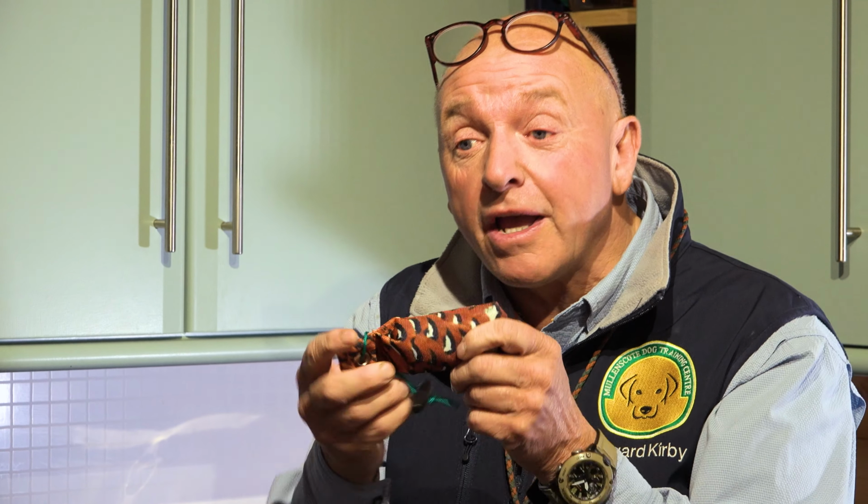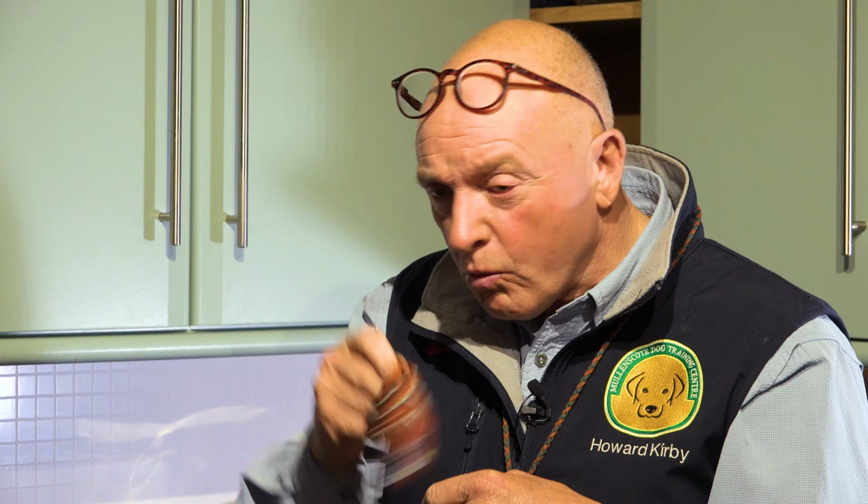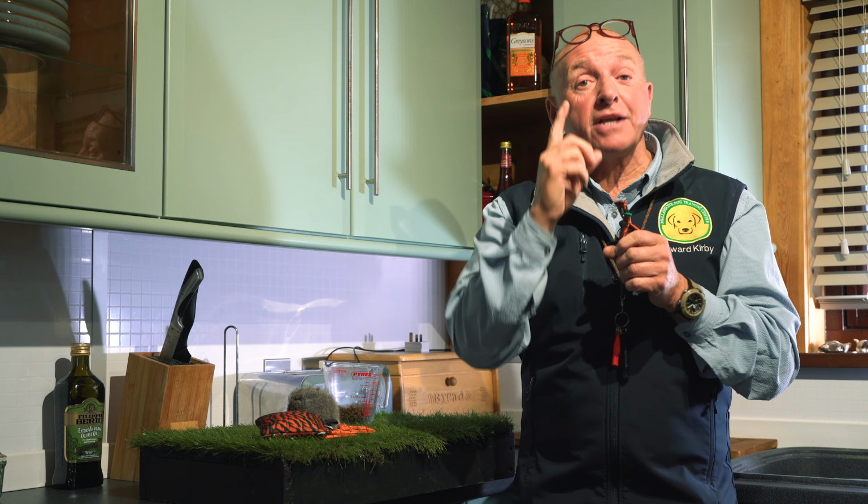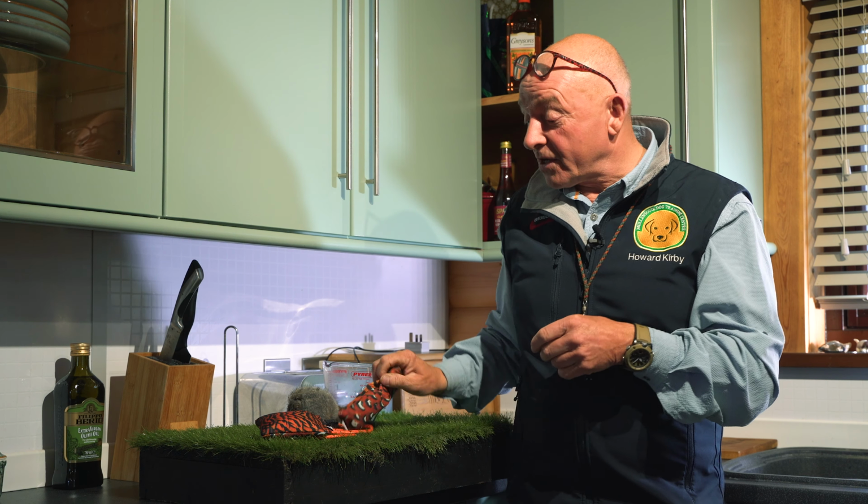So by not giving them flappy bits or things that they can get hold of and waggle, you can see how that waggles. Once that waggles in its mouth, whether we like it or not, it behaves like prey, and that brings up his prey drive and makes him want to waggle it. So by using